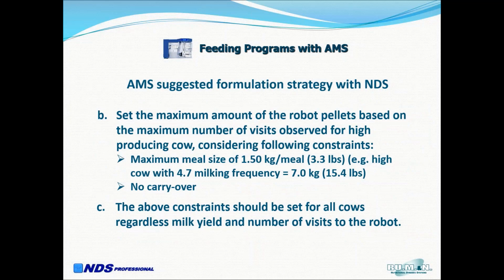We do not want to feed too much pellet through the robot, because we know that there is a substitution rate, and we want to guarantee that our cows eat enough PMR in order to maintain the proper rumen health